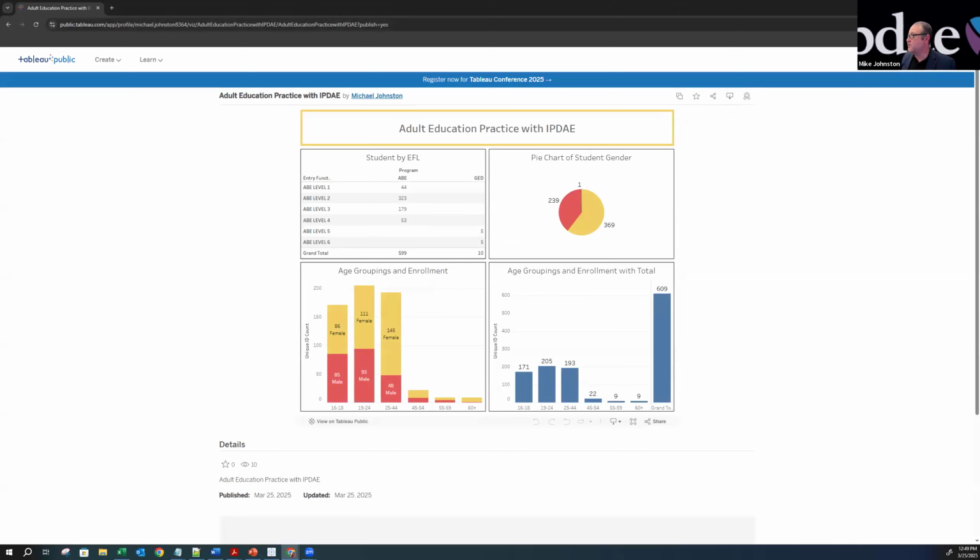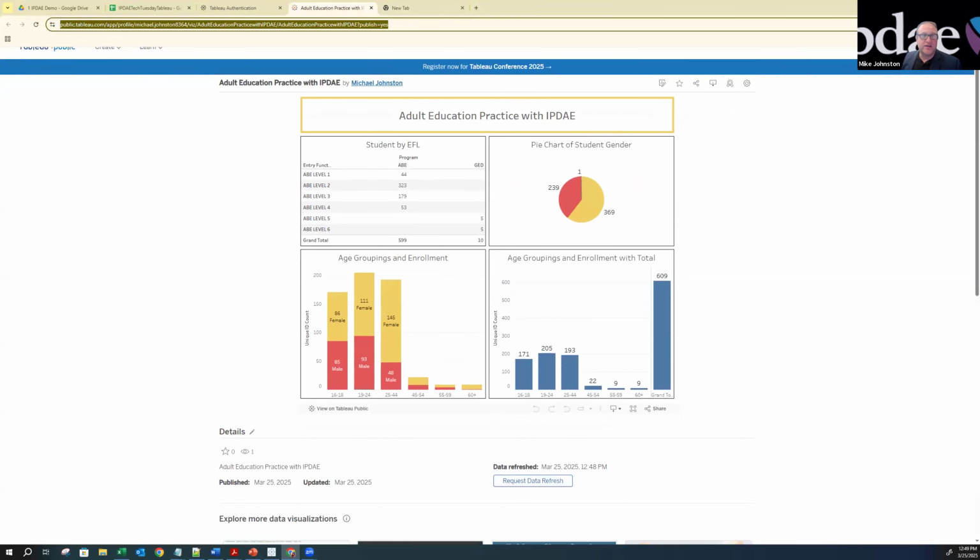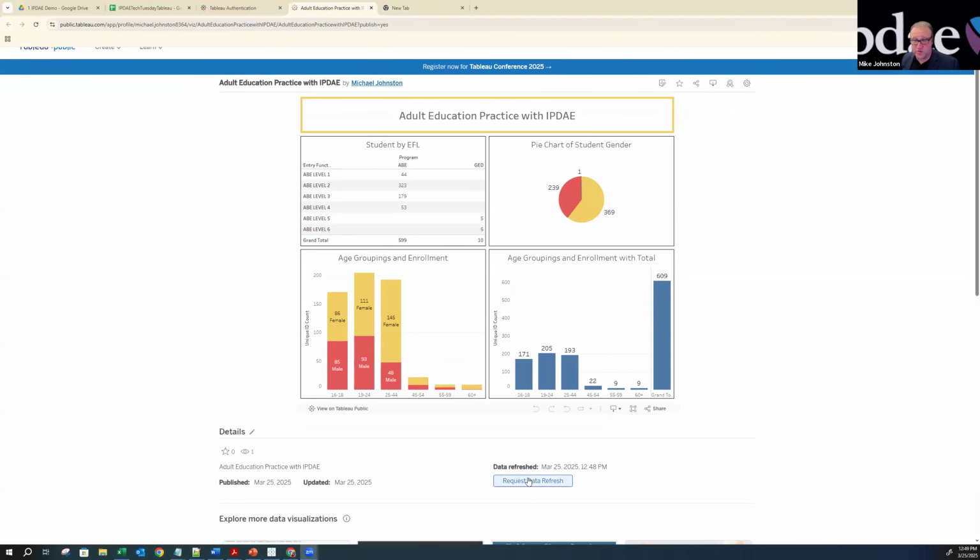And the nice part here is that if we go back to the original one, this is what it looks like on the end of the non-host, the non-author. We can go over here and there's a little request data refresh. So you could tell the public visualization, if you establish that connection to tap into your Google Drive, your OneDrive, or the data source that you wanted, to request that data refresh. This happens naturally and it will tell you when the last time it was updated, or you can hit this and it will say there's a data refresh request. This page will update and you'll have to hit the refresh button. It won't update live. You always have to hit the refresh button.